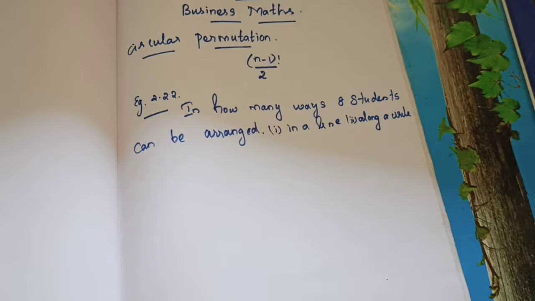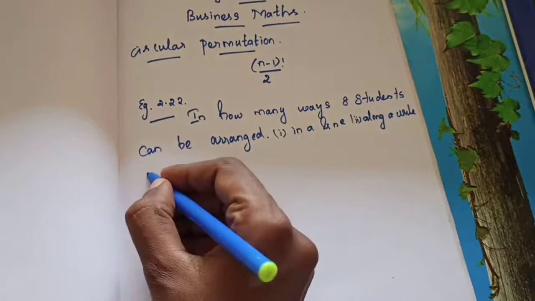I think the page number differs in your book. In section 1.25, circular permutation, put the heading. Afterwards you need to copy this line first: the circular permutation of n different things taken all at a time is equal to (n minus 1) factorial. That line you take. Afterwards you need to take the note. Afterwards you can write this example. Understand, students? Okay, so the solution.